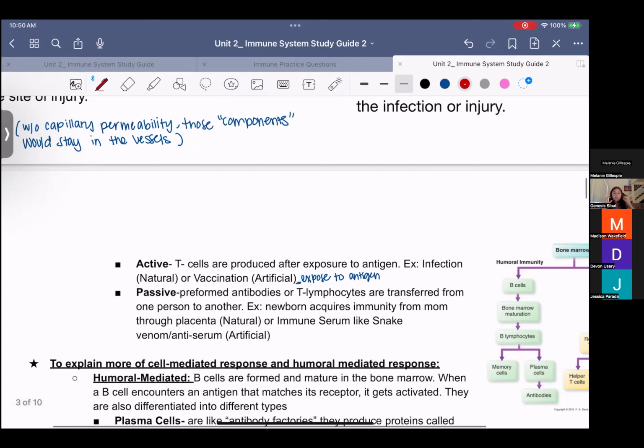Okay, so I would just think about an infection as more of a natural part. For the vaccination, it's artificial. So I would think about an artificial vaccine like we're specifically making and pulling something into a syringe and giving it to somebody. So it's more artificial, but this is still exposing somebody to an antigen, right? Because we know that vaccines have antigens in them. They help your body produce those antibodies once they're injected in you. So again, they help prevent against these,